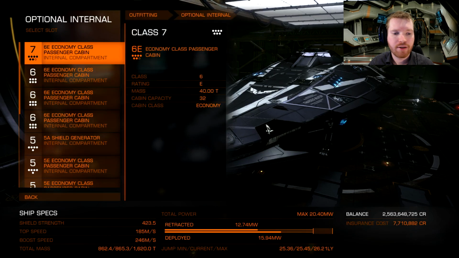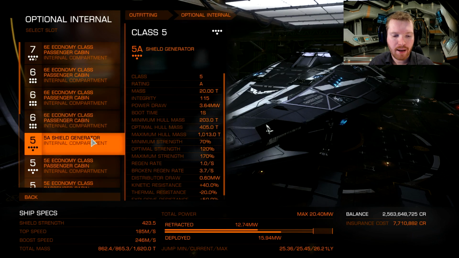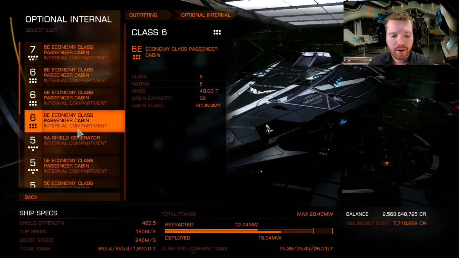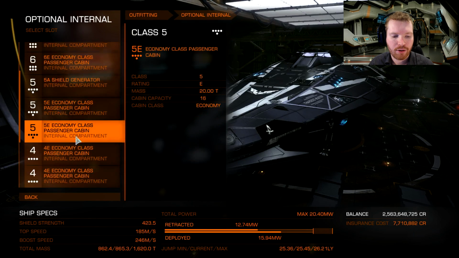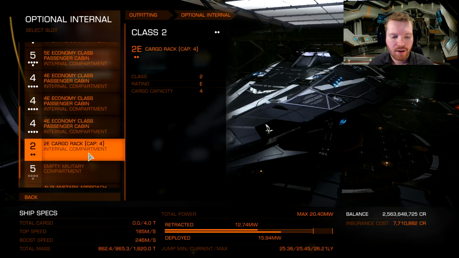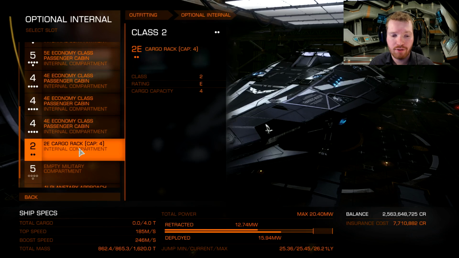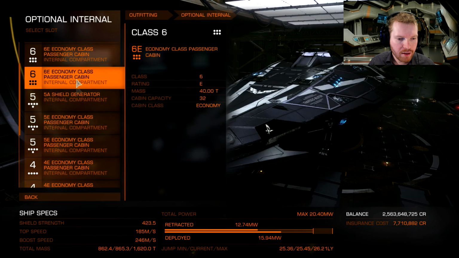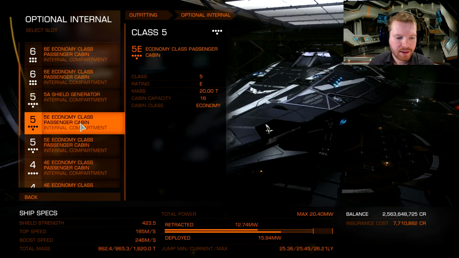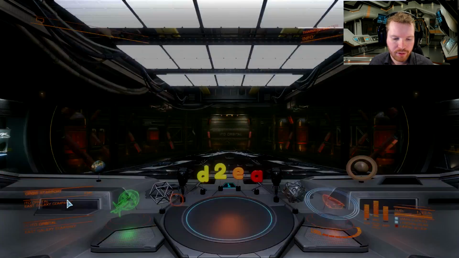And in optional internals, we're just going to fit all economy class. A shield generator is maybe a good idea, because of accidental bombs, and passengers don't like that. So have a shield, and also make sure that you have at least 4 tons of cargo. Some missions will offer cargo as reward, and if you don't have your 4 tons, you can't accept the mission to start with. So there's no reason not to get that. So get all the economy class modules that you can, fit a shield generator,